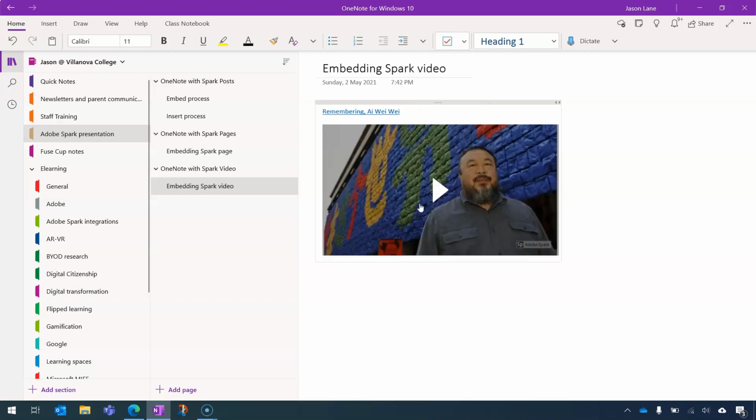And you can see how after a short period of time the link converts into the title of your Spark video, and you also have a thumbnail. Now what's fantastic about embedding Spark videos is they can play straight off a OneNote page. So when I click this button,